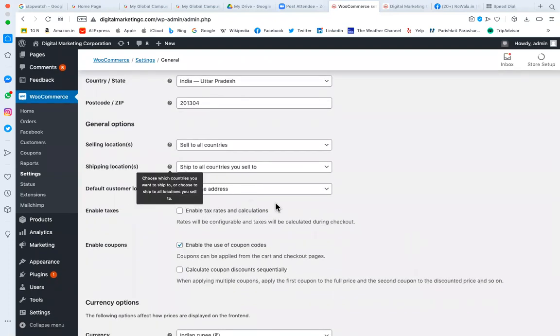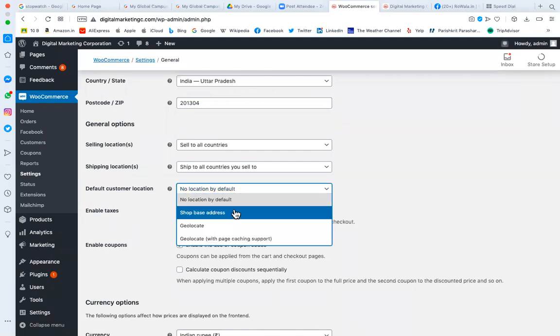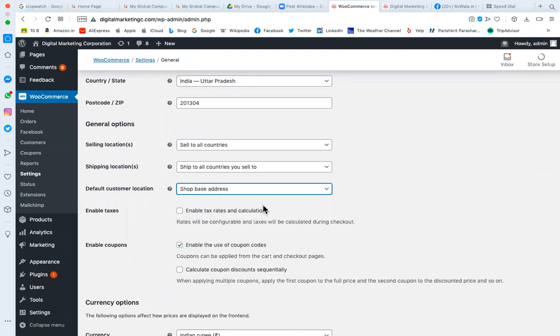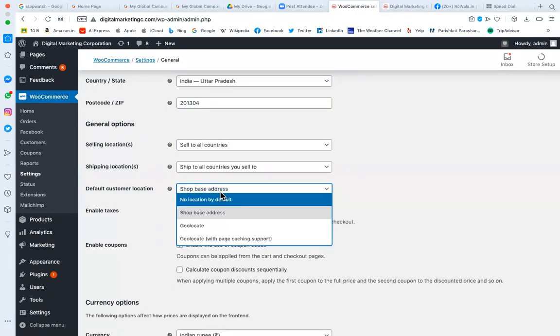For default customer location, if you have a physical address and want to manage customer footfall, you can set up an address for that location. If you set up a store, in that case you have to give the complete address. But as it's a digital product, I don't want to handle any physical footfall, so I can go for no location by default.